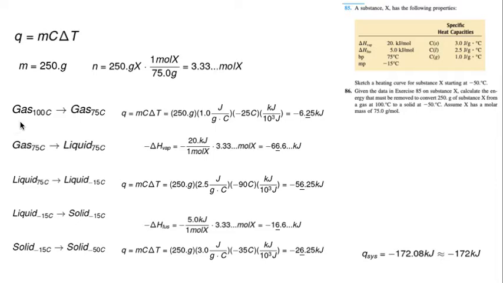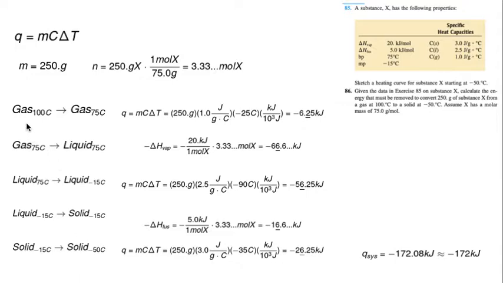We'll have a heat either absorbed or released in the gaseous state, the change going from gas to liquid or liquid to gas, the heat absorbed or released in the liquid state, the heat change either going from liquid to solid or solid to liquid, and finally heat absorbed or released in the solid state. So it's always important to just map out